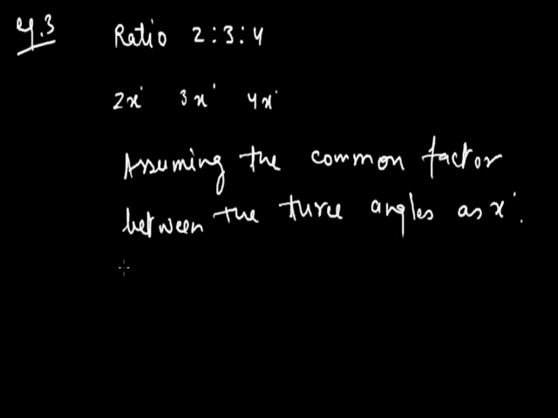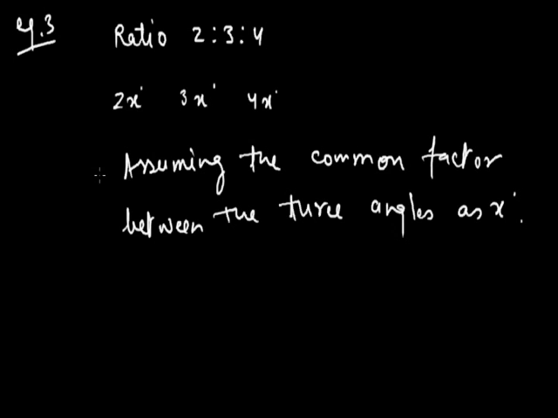Remember, to solve these types of questions in which we are given the ratios of a certain number of quantities, assume a common factor between all those quantities and multiply that factor with the corresponding number of the ratio for the relevant quantity. It means if the first quantity to the second quantity is 2:3, then assume the common factor as x, so the first quantity will be 2x and the second quantity will be 3x, fulfilling the condition that their ratio will be 2:3.